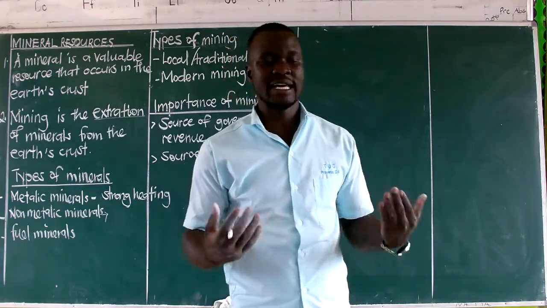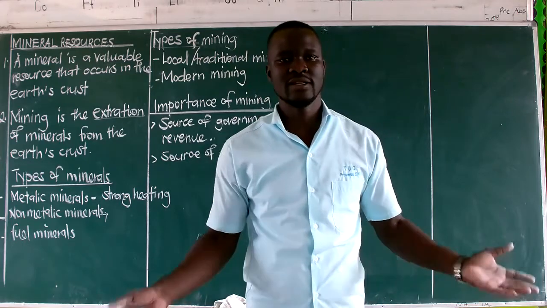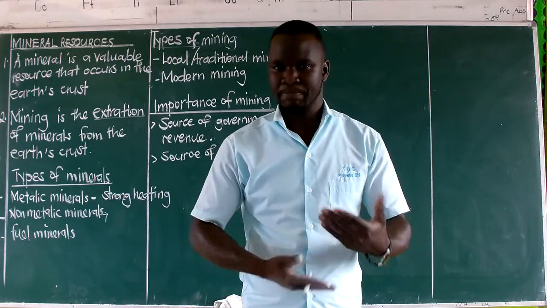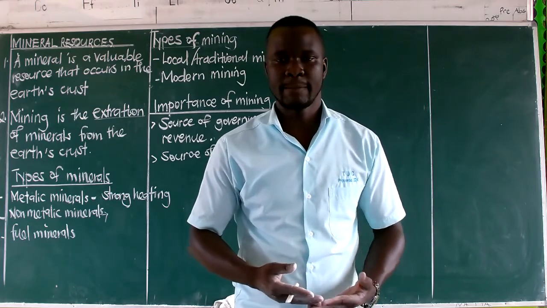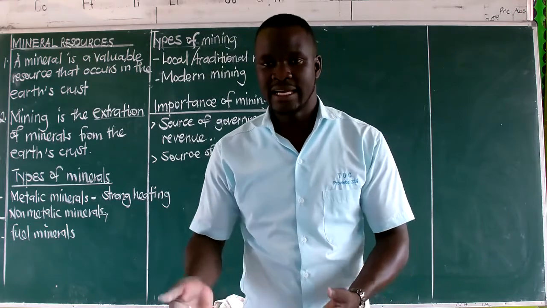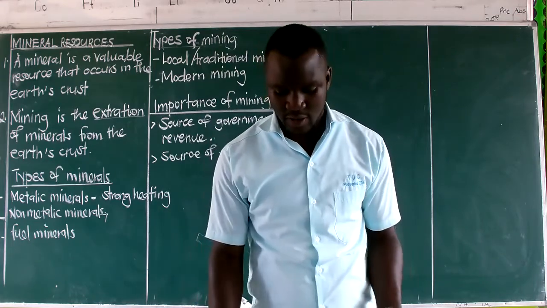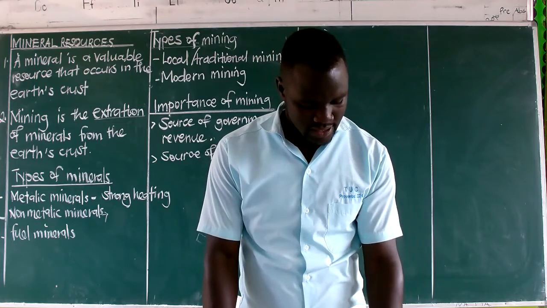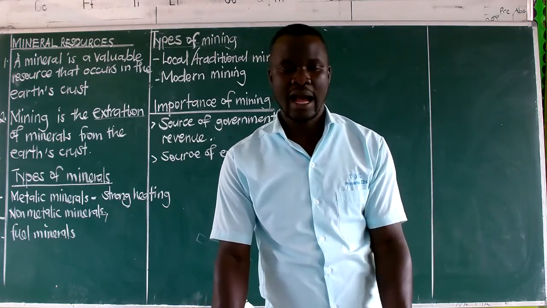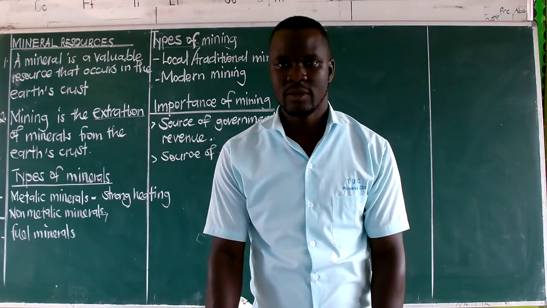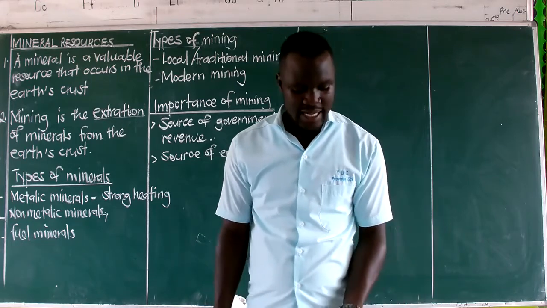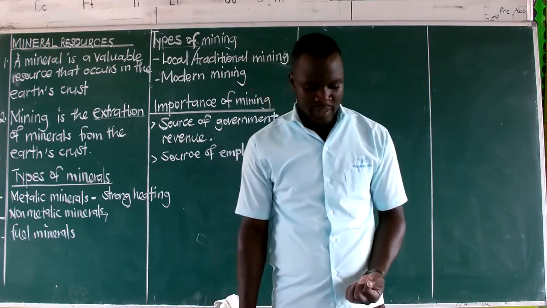And then we have the casual laborers. Those ones are the ones who go and provide the physical energy. They didn't train, so they are now helpers. Sometimes they call them porters. So those ones are the ones that provide what we call unskilled labor. So both groups of people are found at the mining site because they are needed there. So as a result, they are getting employed.